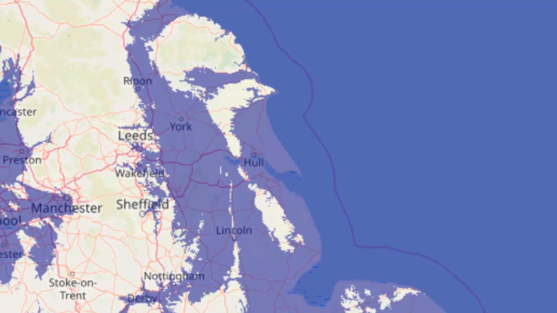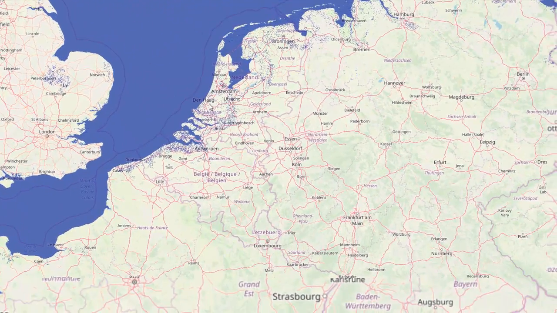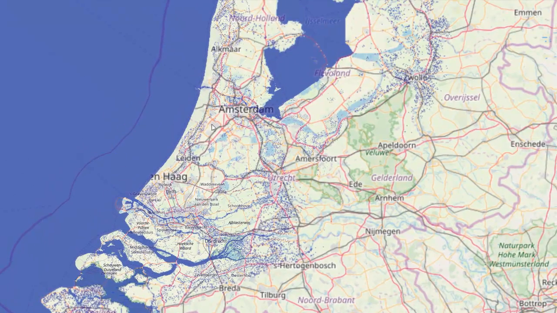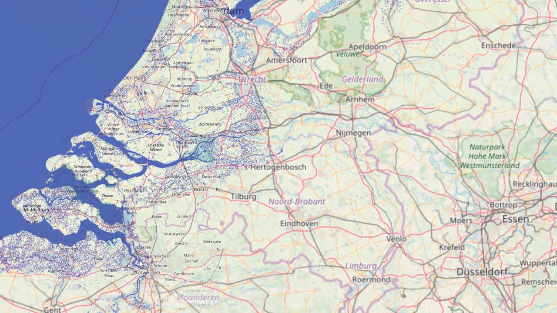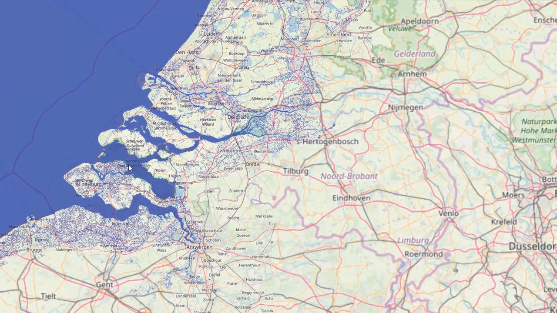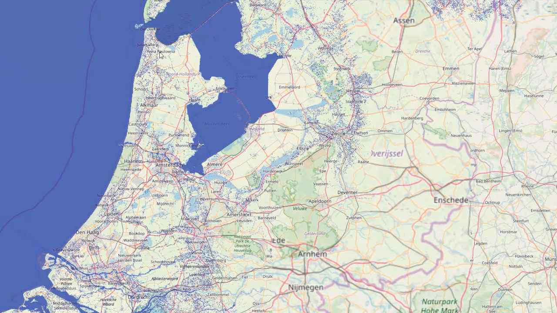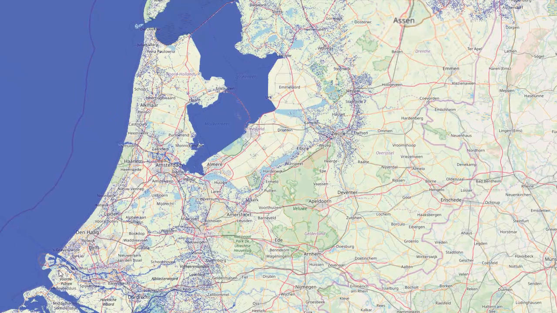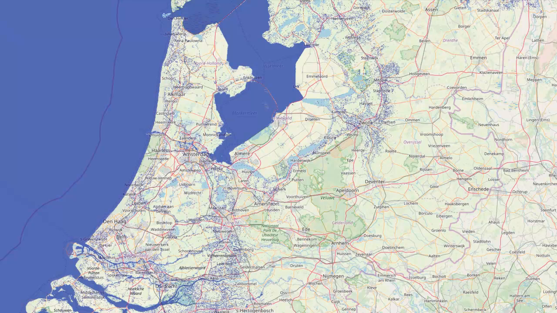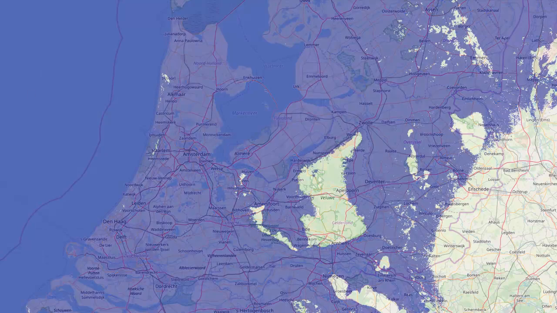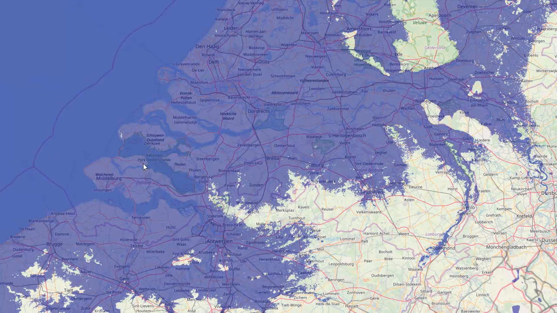Let me just reset the map a bit. Let's go back up here. This is Holland. Now this is The Hague and Amsterdam, down as far as Utrecht and Antwerpen, or Antwerp as we call it. So here's a lot of reclaimed land. This is where the Dutch people have built the dikes to hold the sea back, and have pushed it forward and pushed it forward, and eventually they've got quite a considerable land mass. But think, just for a second, if we raise it up just by 20 meters, most of that area is now gone. It's now back underwater. Places we know, like